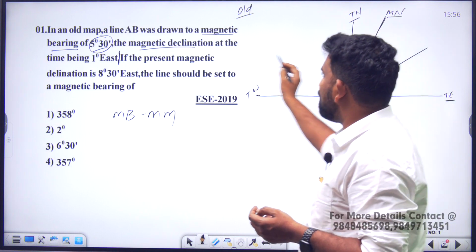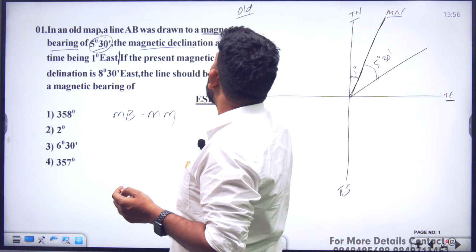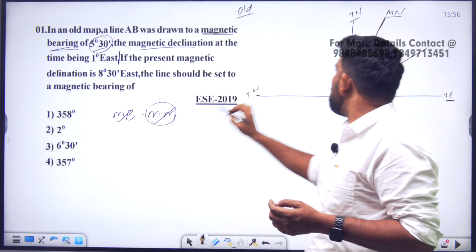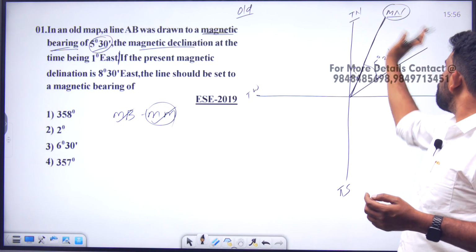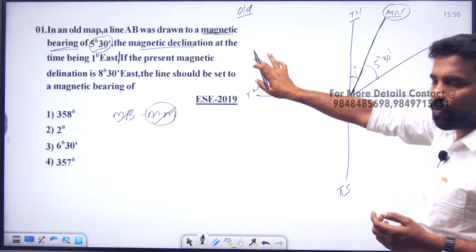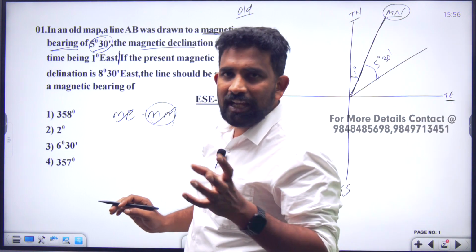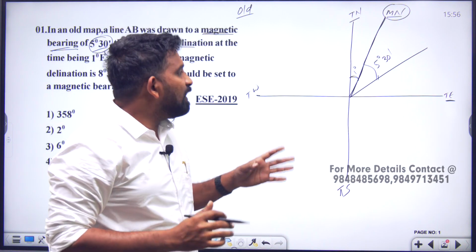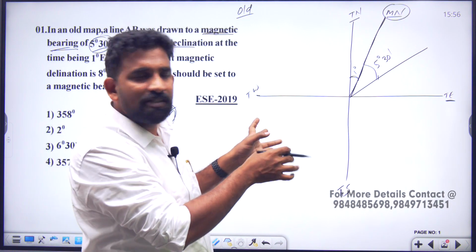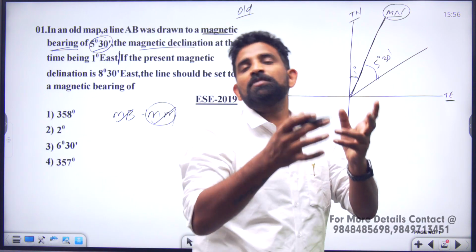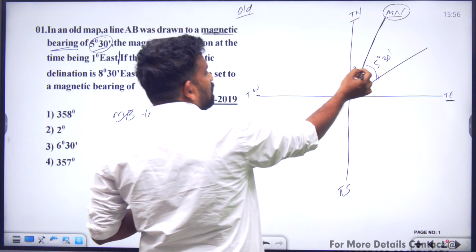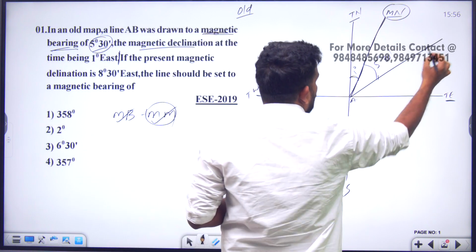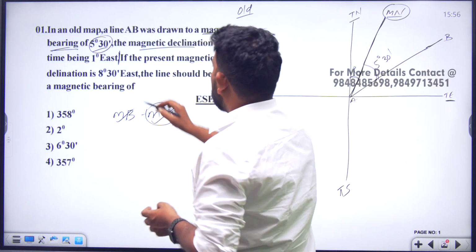Now why have I chosen this line? Because the given bearing here is a magnetic bearing, and magnetic bearings have to be taken with respect to magnetic meridians, and this is the magnetic meridian. So, as this given angle is in terms of whole circle bearing, it has to be taken with respect to the north direction only, and that too we have to move in a clockwise direction only. To understand all this you have to attend the classes so that you will be able to comfortably learn the subject clearly. Now this was the previous data. So this is your line AB now. Fine. Now we have completed up to here.